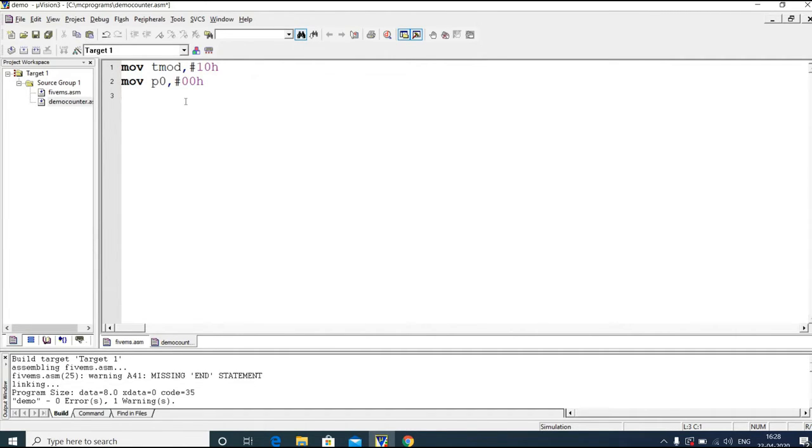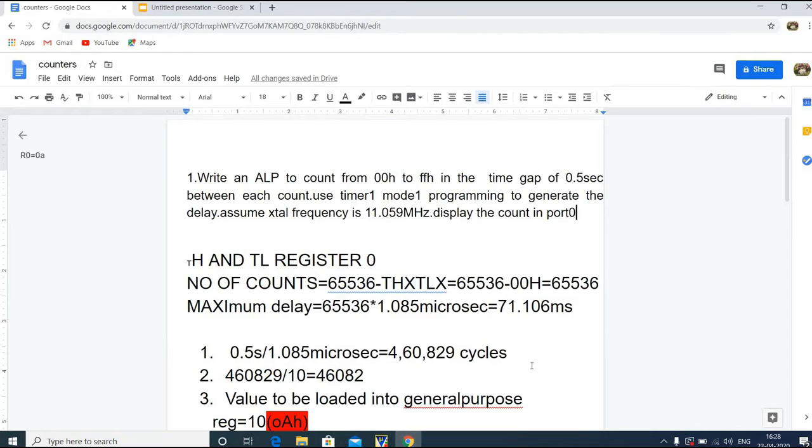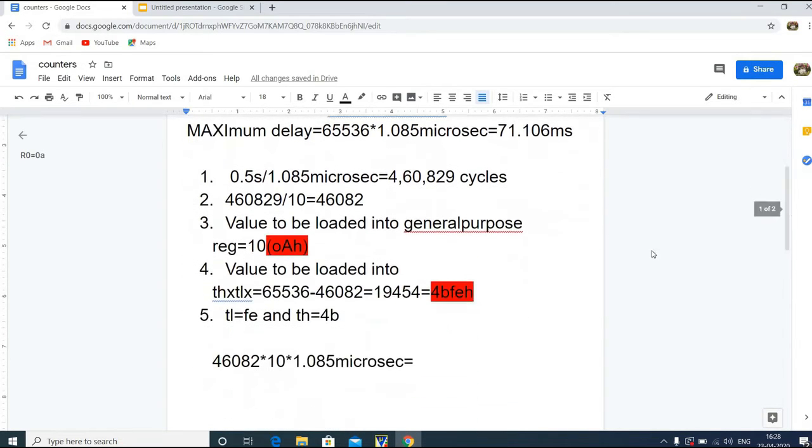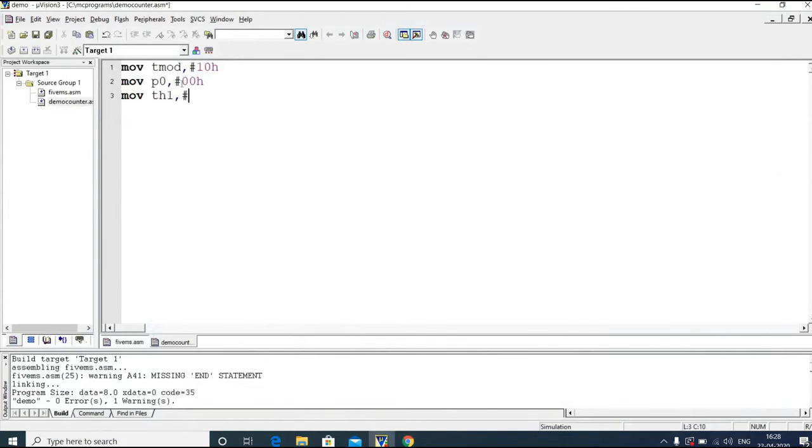So next step is we need to load the registers, that is TH1, because we are using timer 1. So TH1 should be loaded with which value? FEH, right?